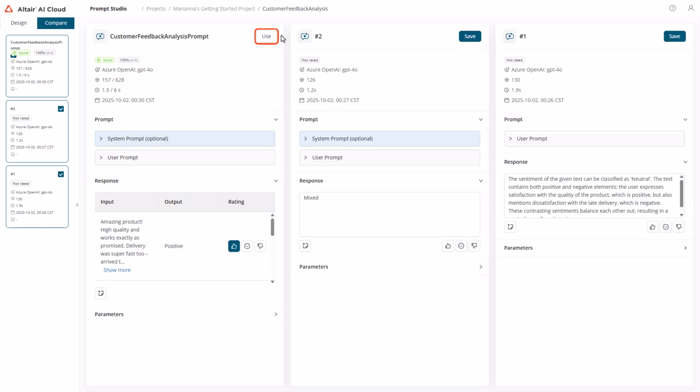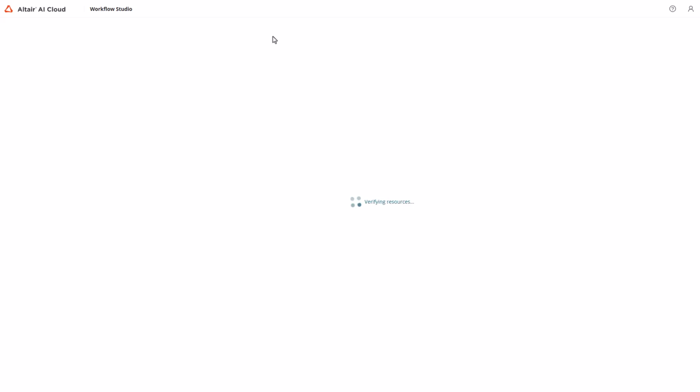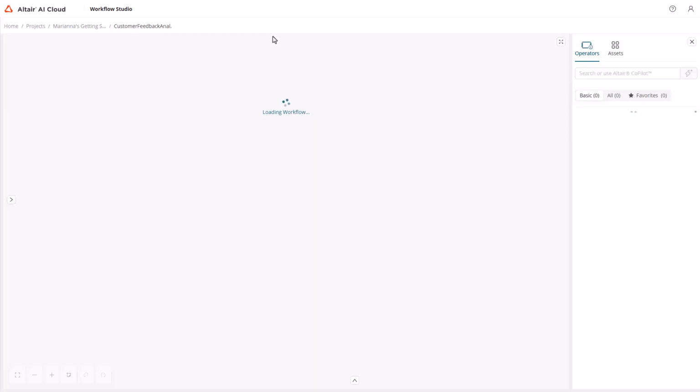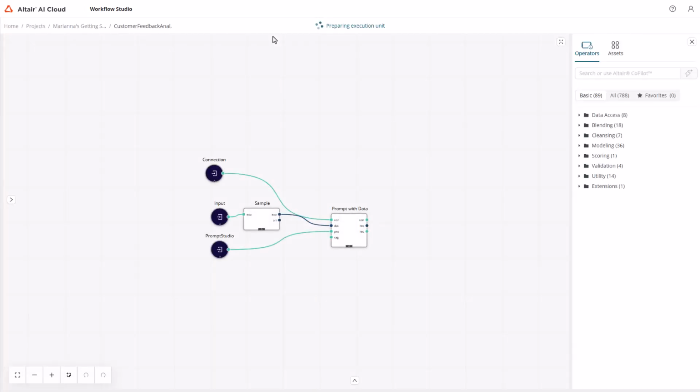Now that we've finalized our prompt, we're ready to put it into action. We click Use, and Prompt Studio automatically takes us to Workflow Studio, where the configured prompt is placed into a new workflow ready for integration. This can be deployed as a REST API, allowing other systems to automatically send new customer feedback for